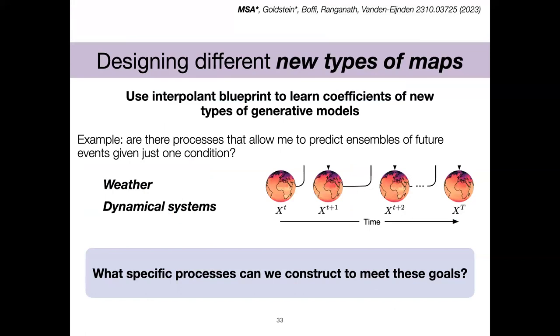But then we'd also like to consider new types of maps that are not just between these smooth densities, but potentially between point masses and future possible ensembles of outcomes that come later. So the perfect example for this is weather or dynamical systems. If I give you a measure of the weather at time t, which I call here xt, well, I'd like to be able to predict, for example, the weather at time t+1, t+2, t plus whatever, right? And we can ask ourselves, is there a simple sort of dynamical transport picture that we can write down in a learnable sense that would build the map between these densities directly, rather than doing something that's conditional on some Gaussian random variable?